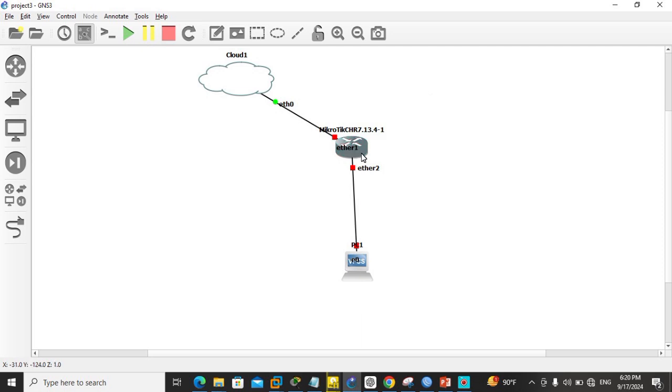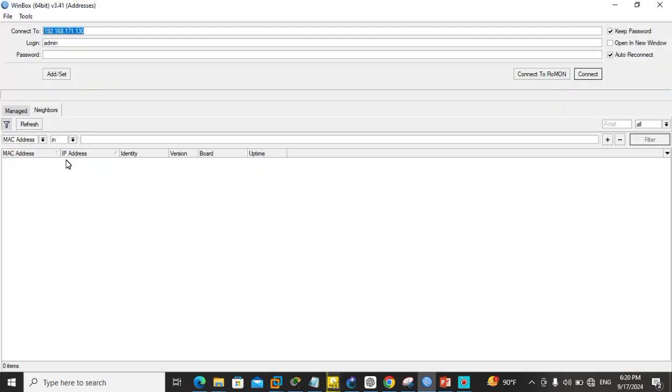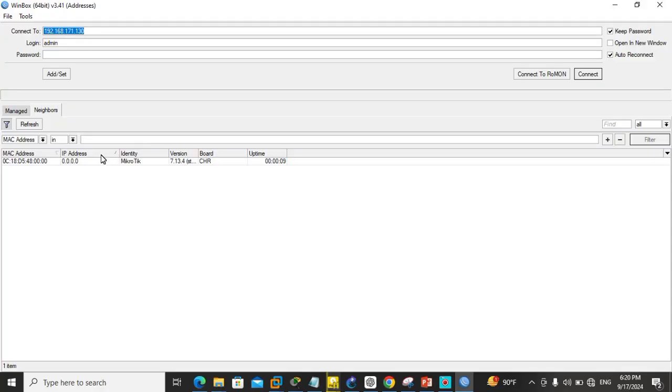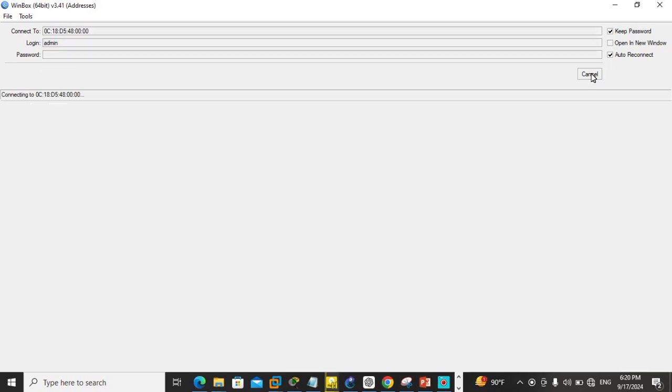If you see it, the router is off. I want to start it. And now I want to sync again. I want to refresh the MikroTik router to give the IP. I want to again open the MikroTik router. Yes, now I want to connect. Now I want to connect with the MikroTik router. I want to wait for it,